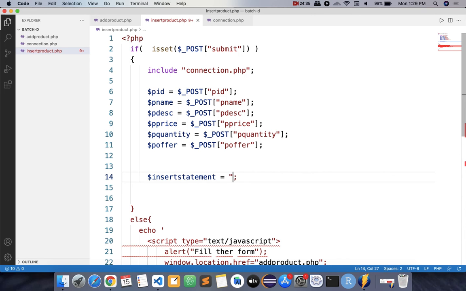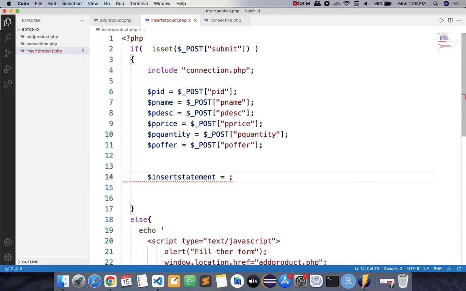So there are two ways: you can directly write and execute, but it will be a problem for us to have a SQL injection. आप लोग सिंगल कोट अगर इंसर्ट करते हो तो आपको प्रॉब्लम आ जाएगा, आपकी क्वेरी एग्जीक्यूट नहीं होगी. So to prevent that SQL injection attack, we have to use a prepared statement. So how to use that?